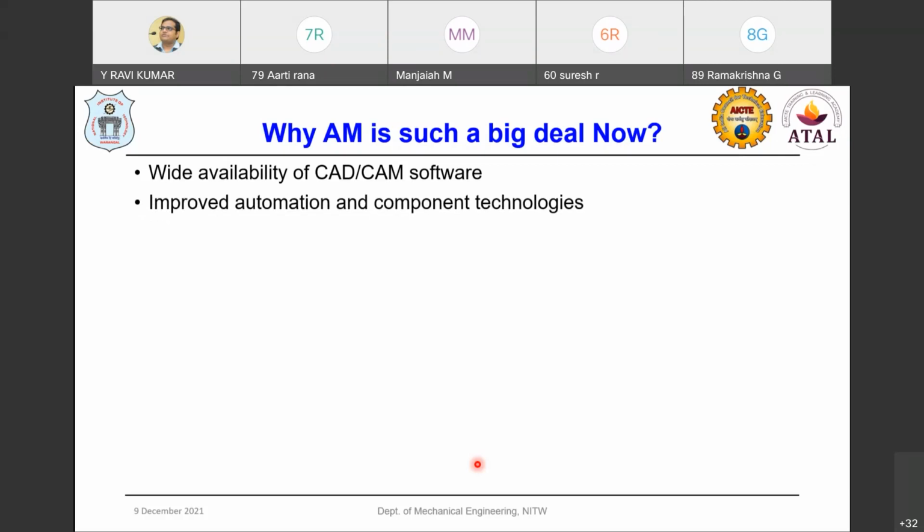Because day to day, development is taking place in this automation and these component technologies, as well as the growing library of printable material. When metal AM started, it was using very few materials. We started with only stainless steel, or only aluminum, or titanium metals. But today we have even intermetallic materials that can be made with this additive manufacturing process,